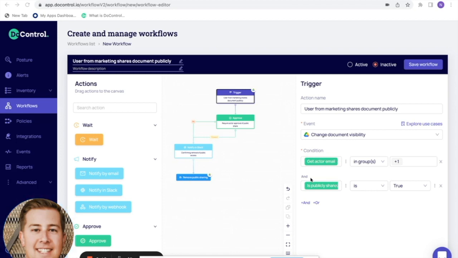for this video we are going to be discussing how to appropriately use approval steps as well as looping functionality within our workflows. For the example, I'm going to be using the use case of when users from a particular group, marketing, make documents publicly available. So you'll see here from the trigger event, we are going to be using a change document